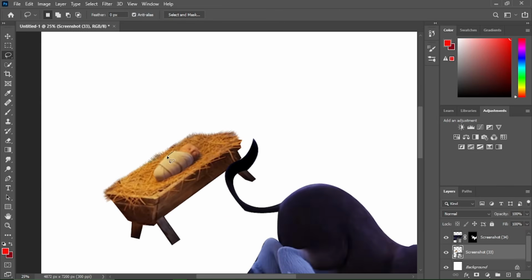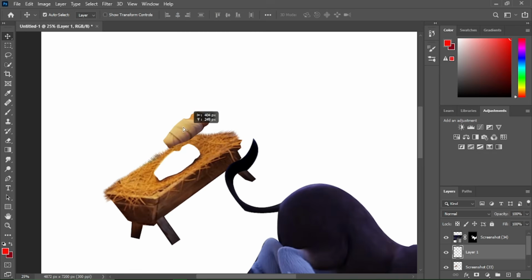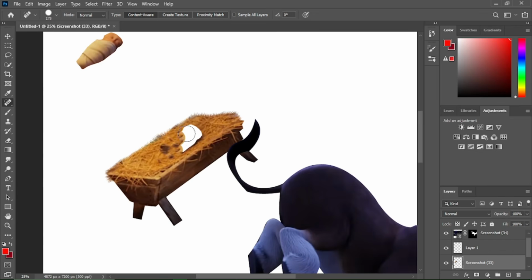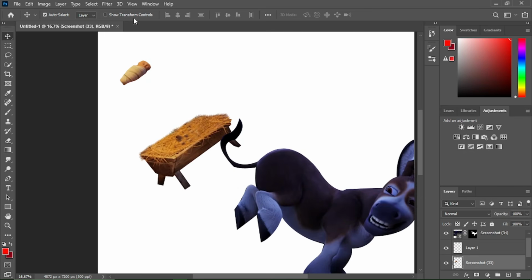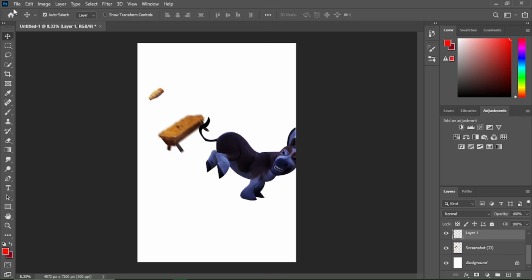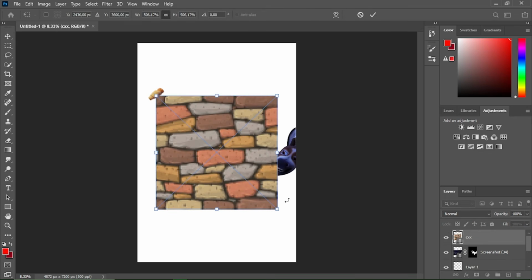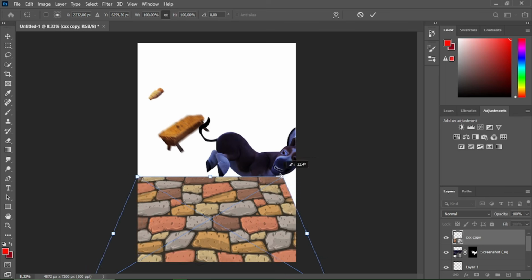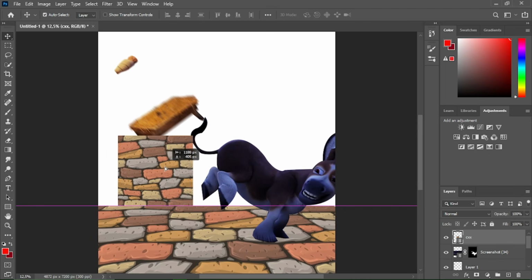Right, now let's make baby Jesus fly high in the sky like an eagle. I'm gonna fix this hole I created using the heal tool. Let's add some motion blur to the flying object to give it some movement. Now let's make the background. I got this image of a stone wall. Let's use it as the ground and match its perspective to fit the ground, and I'm going to use it